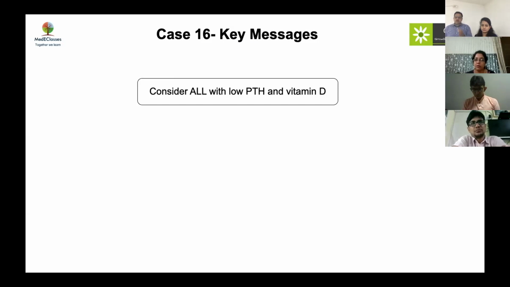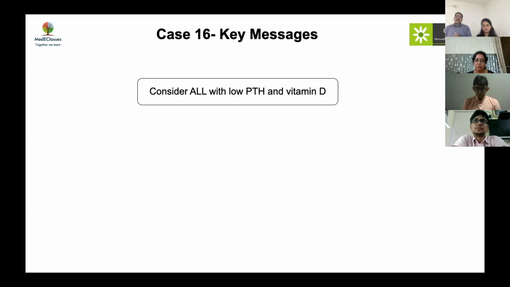I think this is a big message because a lot of these adults present to us with neoplastic hypercalcemia that is PTH related peptide related, but in children often it is because of these lytic lesions in which you are getting this calcium out of the system. And often this may be the first manifestation of ALL. I think you also saw a case just like this, yes. And it had been going on for some time.